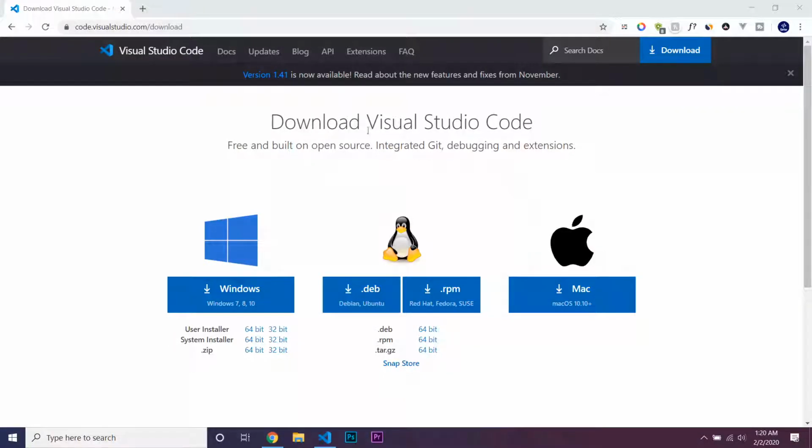Hello guys, and in this lecture I'll be showing you how to install Visual Studio Code, which is the code editor that we are going to be using throughout this course. So I'm on Windows, so I would be installing this Windows version. If you're on Linux, you'd be either installing the Ubuntu version or the Fedora version. And if you're on Mac OS, you just install the Mac and run it, and you should have Visual Studio